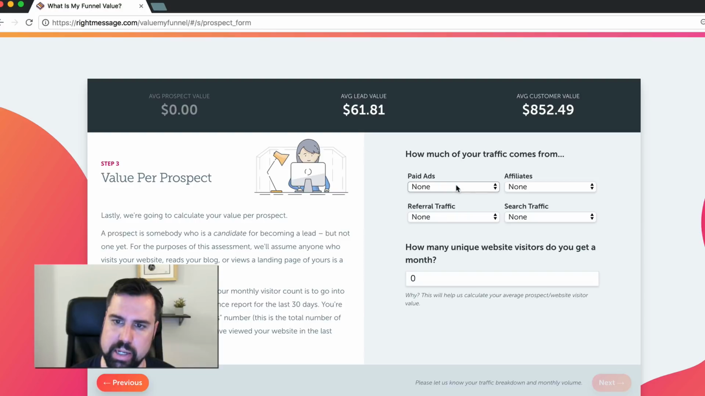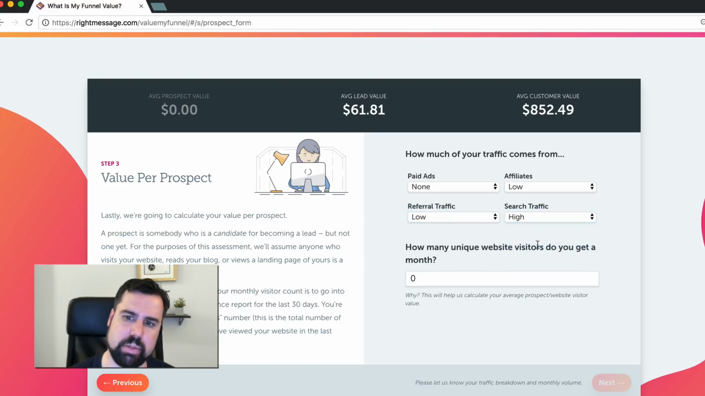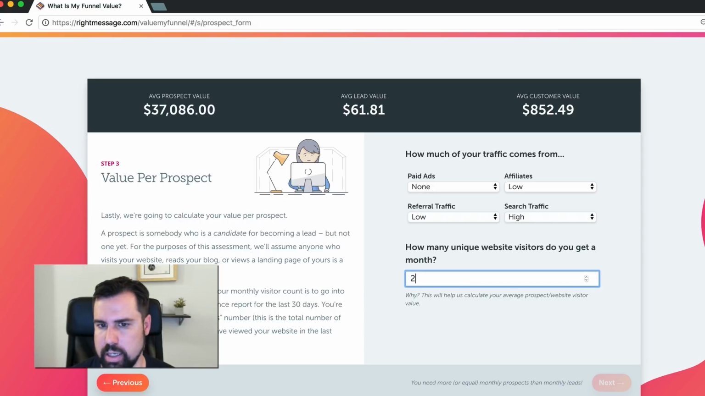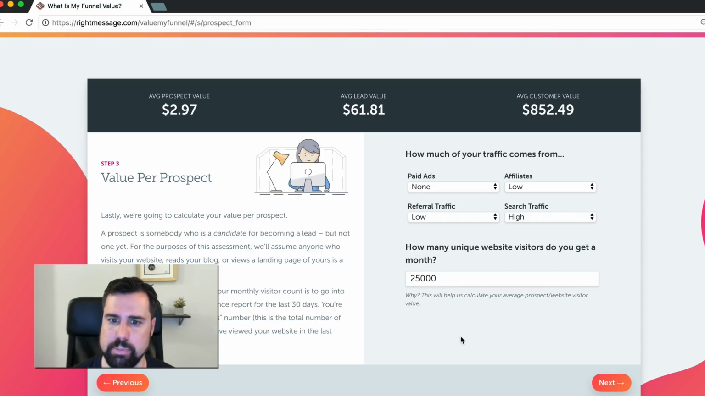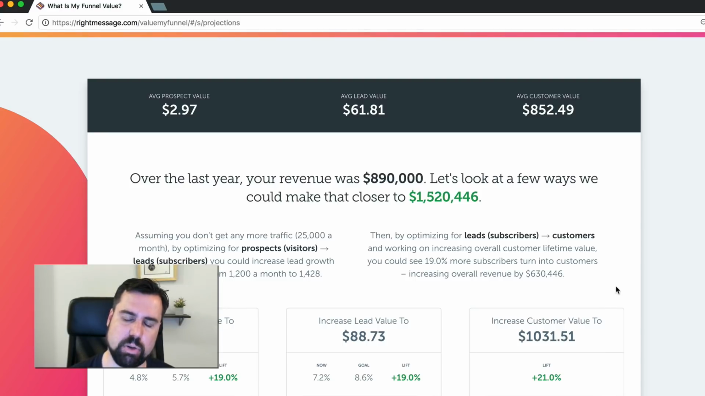So from here, it asks me to input how people come to my website. So I'm not doing any paid ads. I have a low amount of affiliates. I get a low amount of referral traffic and high search traffic. So most of my traffic comes from search. And I get about 25,000 people a month to this site. So this just does some basic math to deconstruct average customer value, turn that into average lead value, and then average prospect value. And then when I click next, it creates a report for me